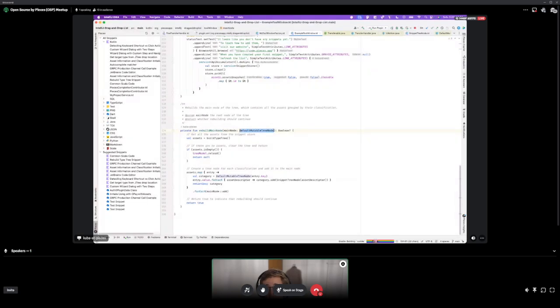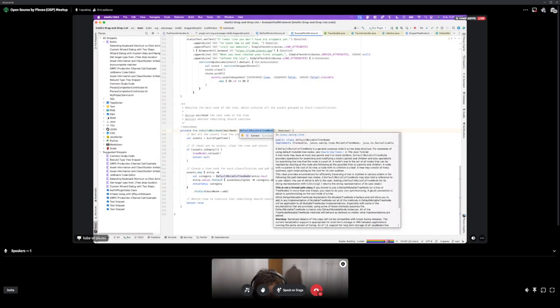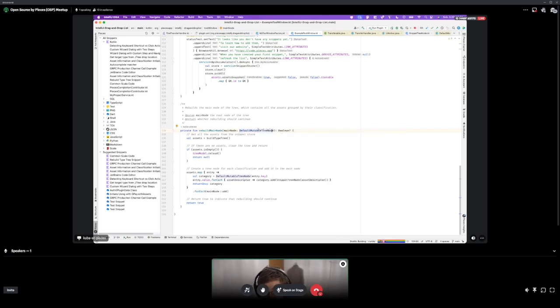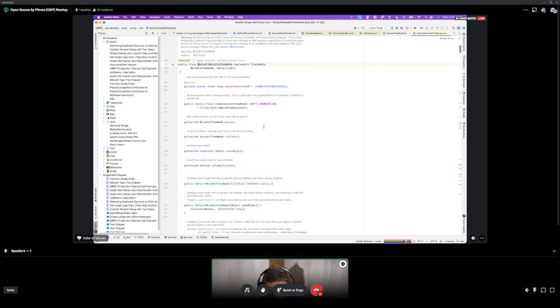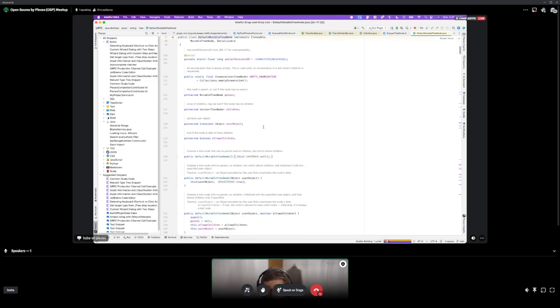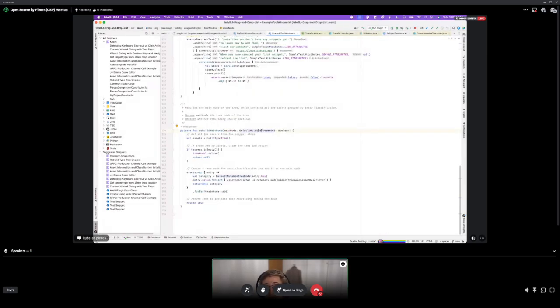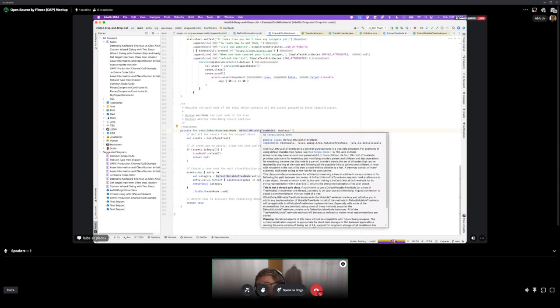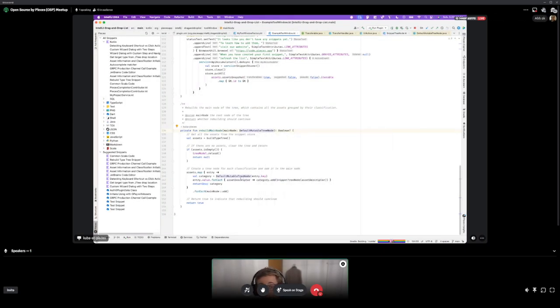The basic interface for that is a default mutable tree node, which means that there are certain, of course, data structures going on in there. But the reason I'm mentioning that is because we are using default mutable tree nodes as a way of representing the language group, but we also base another data type off of the default tree node, which is our snippet tree node, which can be seen here.